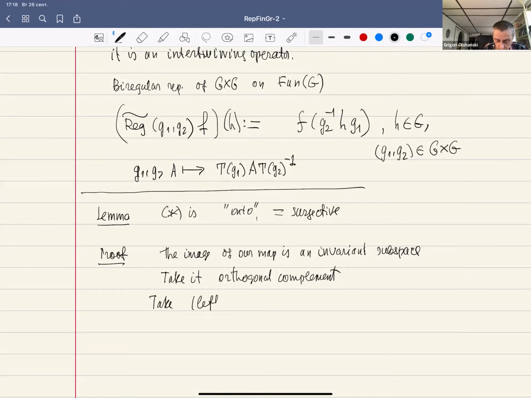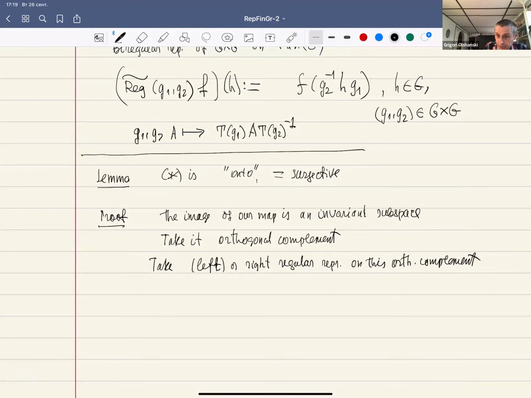say left, or right, regular representation on this orthogonal complement. We have some representation. We can decompose it into irreducible components. And if you have some irreducible component, we have some matrix coefficients. And these matrix coefficients, one can see, this is a little step to see,